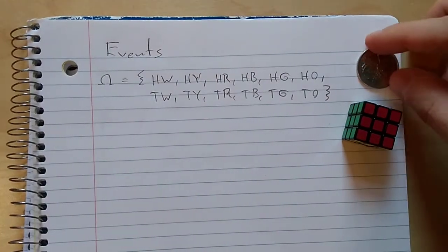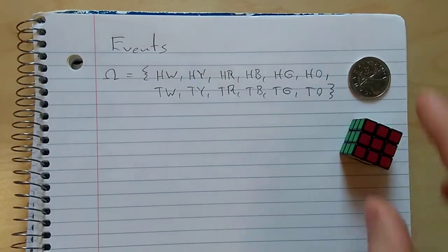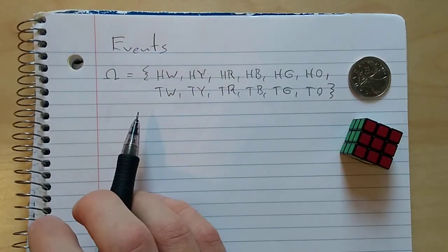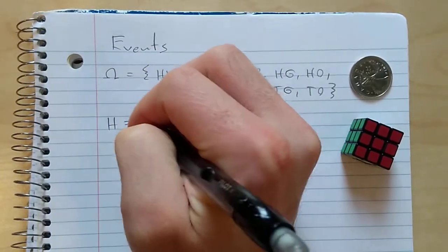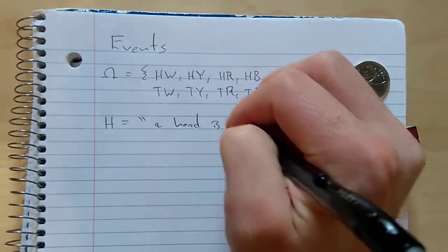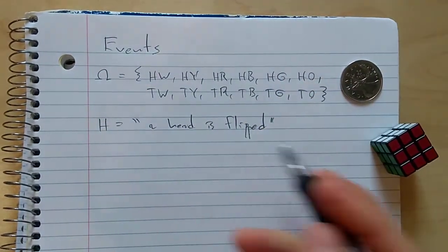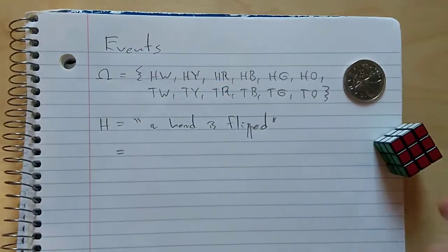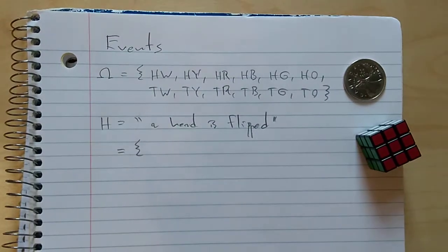Continuing with our example from last time where we flip a coin, then roll this colorful cube, we have this sample space. Let's define some events here. Say H is the event, a head is flipped. You could describe it by simply writing it out like that, a head is flipped. Or you could describe it by writing it as a set and just listing out all the outcomes in that